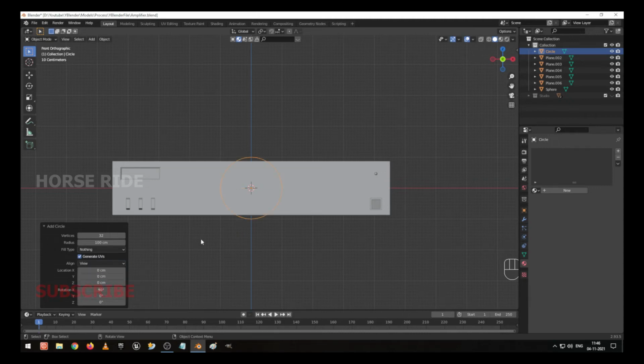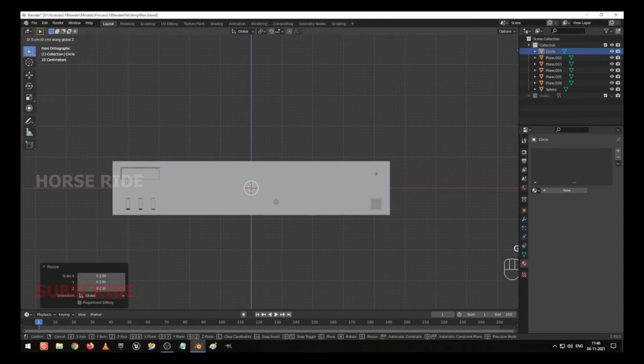I select the front view, S to scale, and G Z, G X. Okay, here I create it.